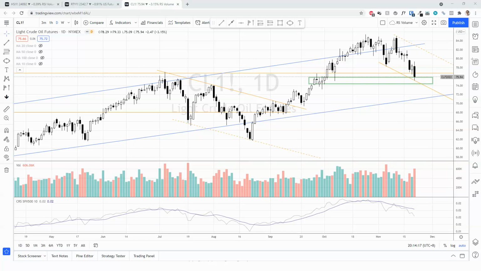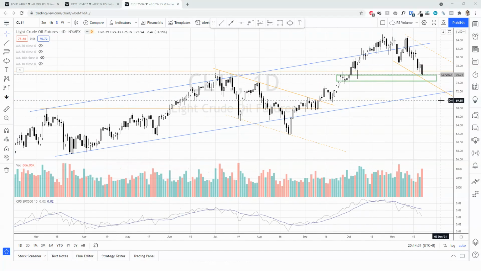There is an analog that we can use for crude oil. First of all, what is an analog? An analog is something that we can take as reference, and then we compare the price action and also the volume, and see if we can get some form of conclusion from that, and then deduce our anticipation for the next move of crude oil. In this case, what caught my eye is probably this move here.